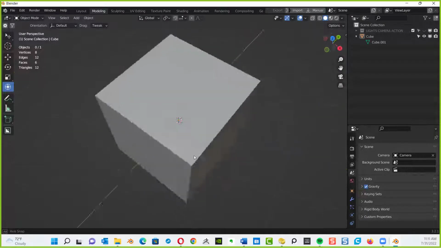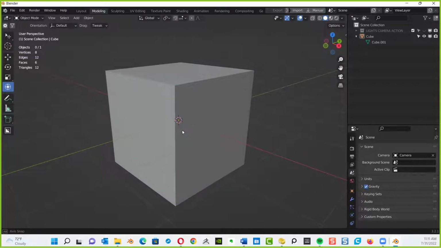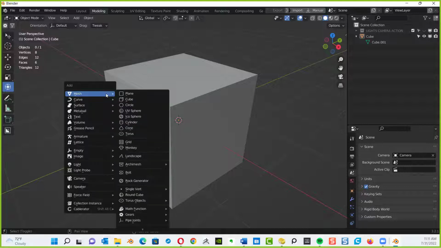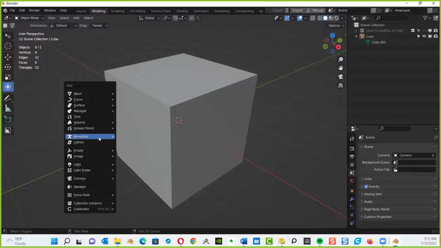Now that I've said that to you, Charles, I'll tell you how to get your camera back. Remember, what's your shortcut for accessing all your 3D objects? Shift A to add. Go down the list. Camera. So you can add a camera with Shift A. That's add.